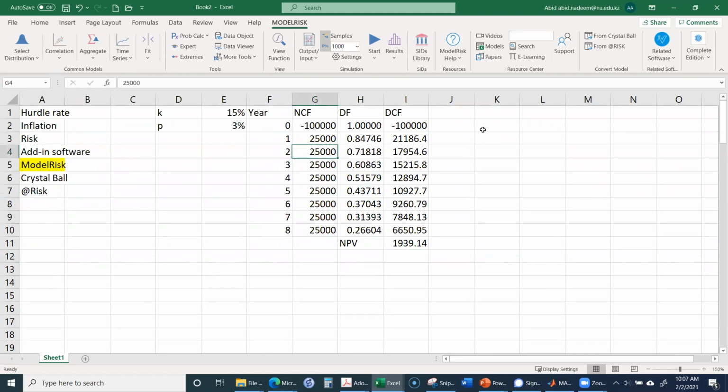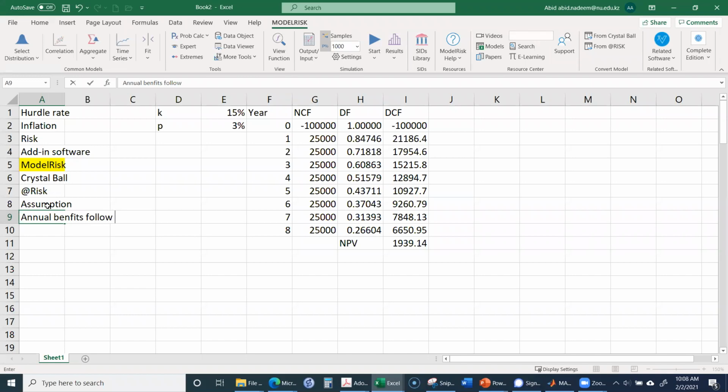So in ModelRisk, I will use this data and apply the simulation. In this case, I can take various assumptions, but for simplicity, and because the time left for this lecture is very less, I can take the only assumption that the annual benefits, that is these $25,000 amounts, annual benefits